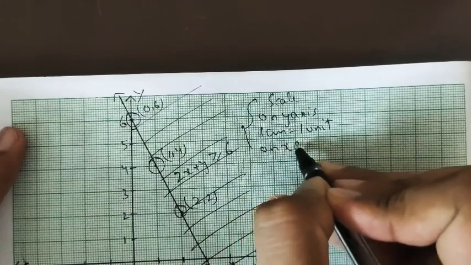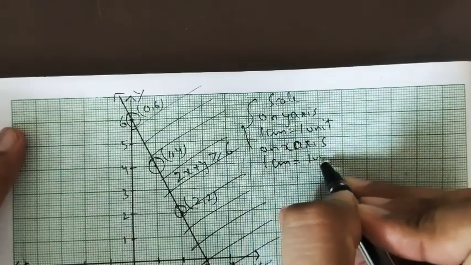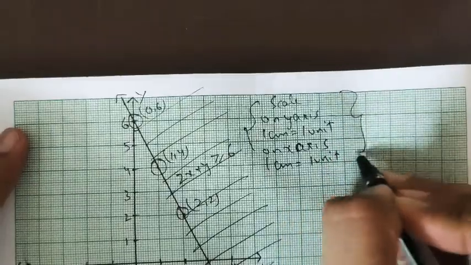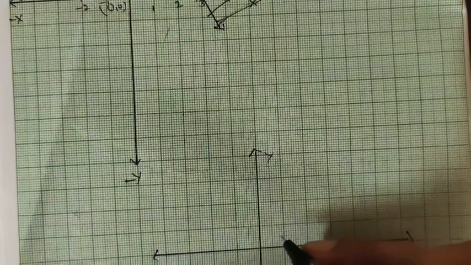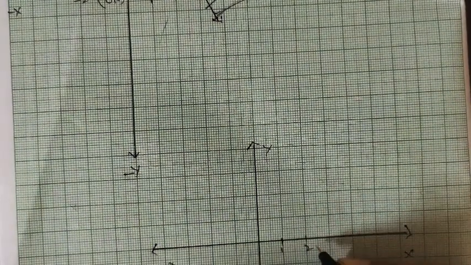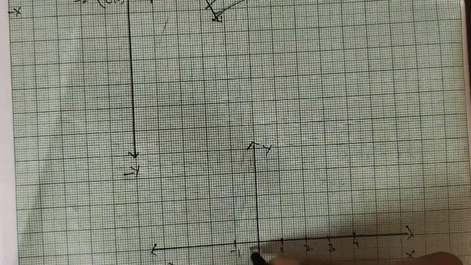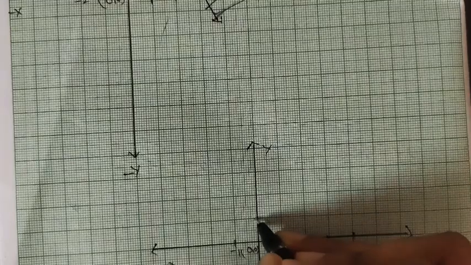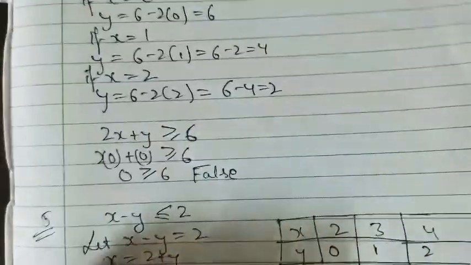On the x axis, 1 centimeter is equal to 1 unit, right? So this is the scale. On the right hand side top corner you have to write it. So again 1, 2, 3, 4, minus 1, 0, 0, 1, 2, 3. So what are the points? 0, 2, 1, 3 and 2, 4.